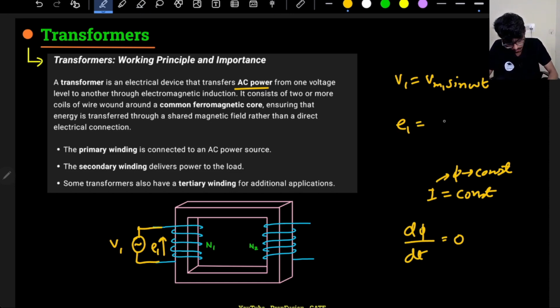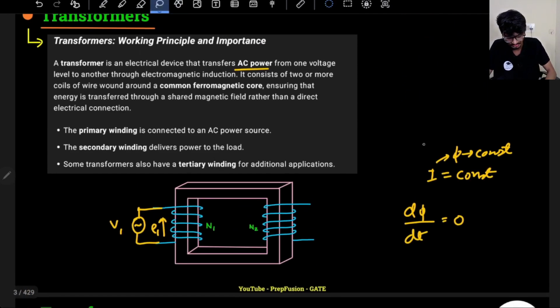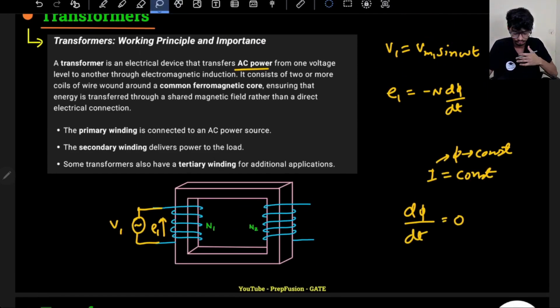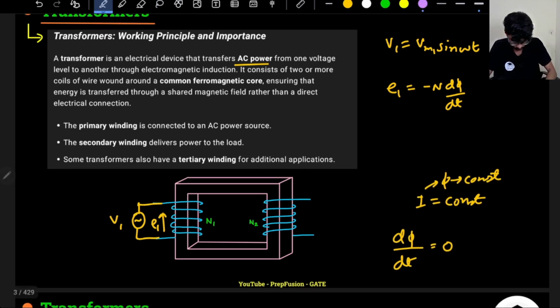So E1 will be equal to minus N d phi by dt. Now for a second, just ignore the negative sign. I'm just talking about the magnitude. The negative sign just signifies when the flux, when the voltage will increase or decrease. Just ignore the negative sign for now. So here what we can discuss is that my